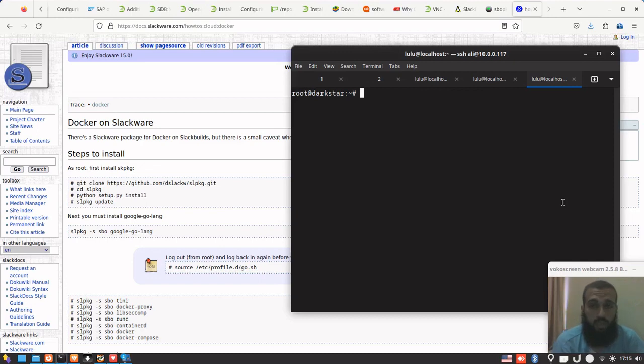Welcome back. I have made a video where I installed Docker using the third-party repositories as well as Slackpkg. The third-party repositories, you can enable them after you install Slackpkg Plus. I made videos about them. I will put them in the cards. And the installation of Slackpkg Plus is simple. All you have to do is to download the binary package from the internet and you install it just like